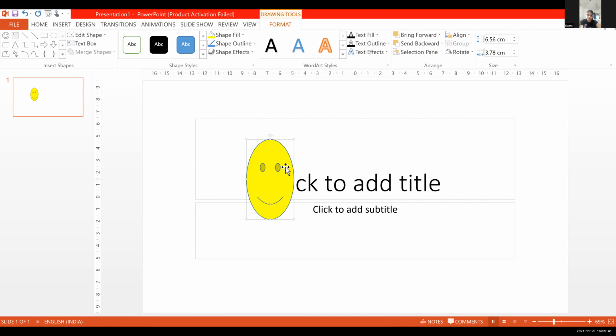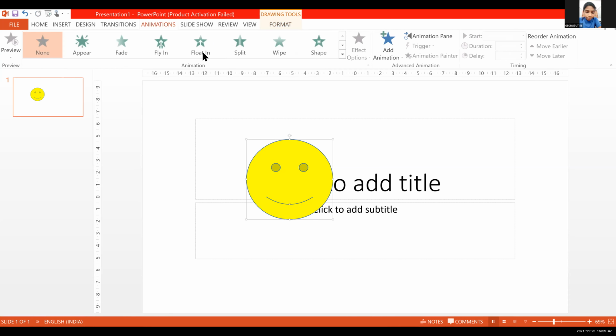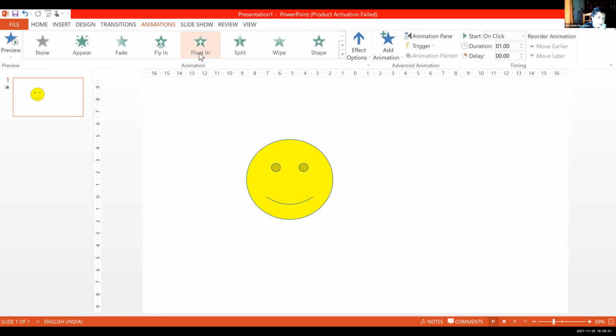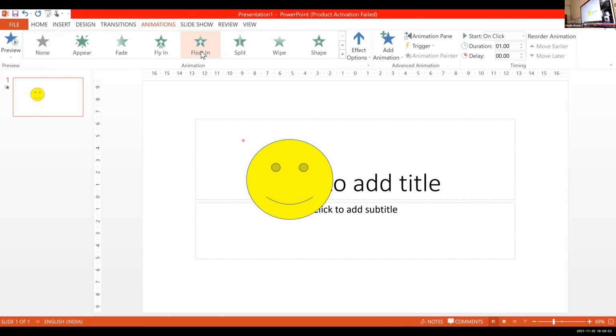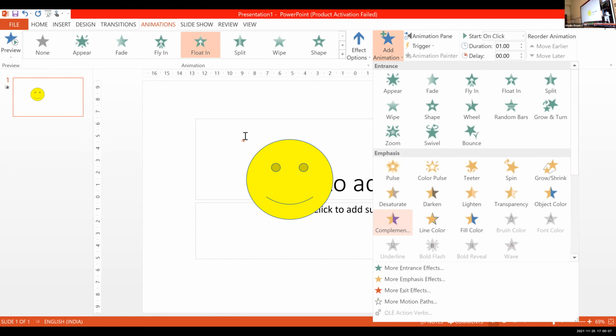Did we learn transition? No, we are going to apply animation, isn't it? We have studied animation. I am going to select an animation. I have just selected one animation. Here you can see the number. If I want to add more, I'm going with this other one also. Here you can see two numbers, because I have added two effects. Can you see the two numbers, 1 and 2? Yes, ma'am.